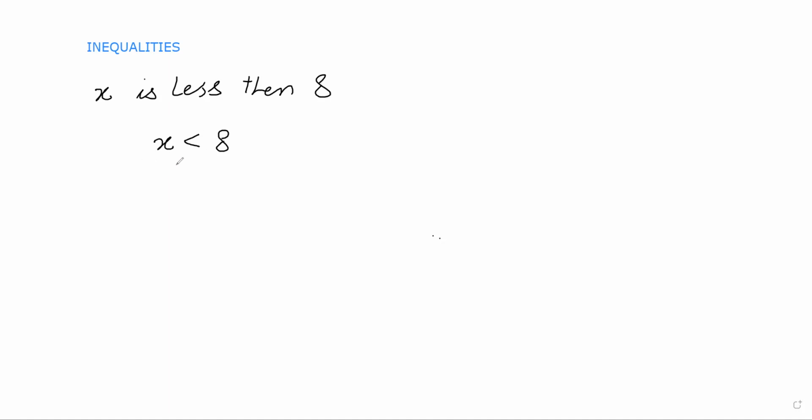Yes. So what is the meaning of this less than sign? It means x can be either 7, 6, 5, 4.5, negative 4.5, 0, right? Similarly, if we have